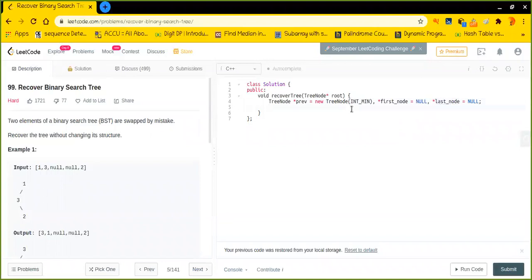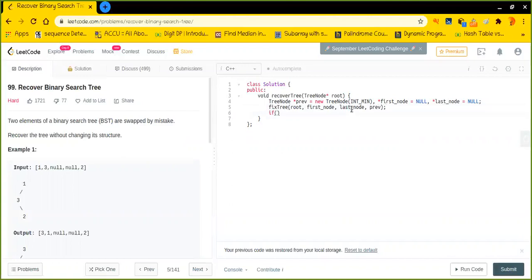For that we will call a function, let's say, fixTree. In that function we will pass the root, the first node, the last node, and the previous one.